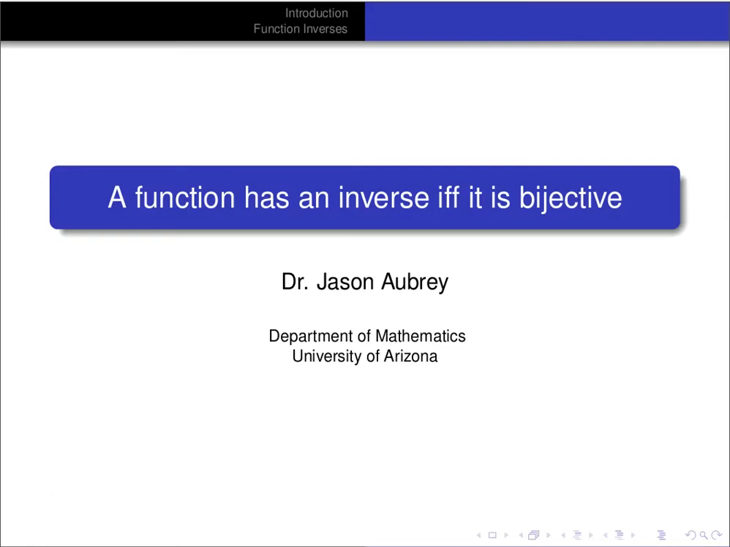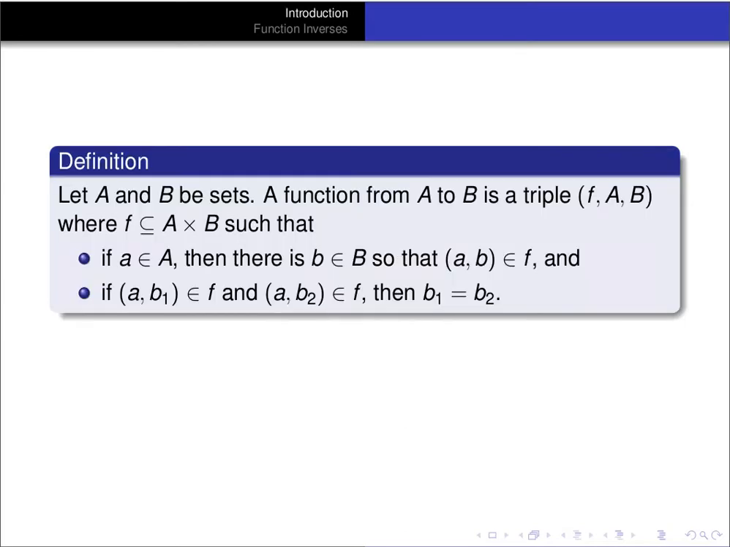In this video, we're going to prove that a function has an inverse if and only if it is bijective. So first, some definitions. If A and B are sets, a function from A to B is a triple (f, A, B), where f is a relation between A and B, so a subset of the Cartesian product of A and B,